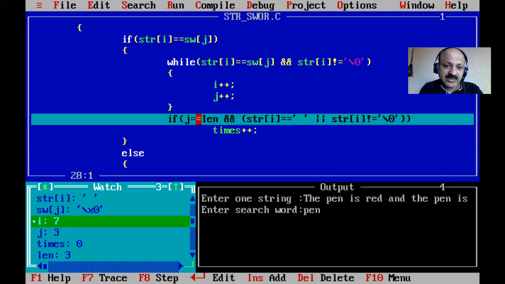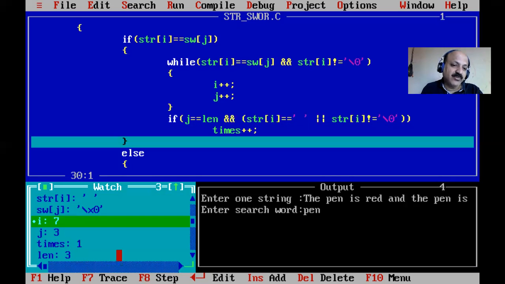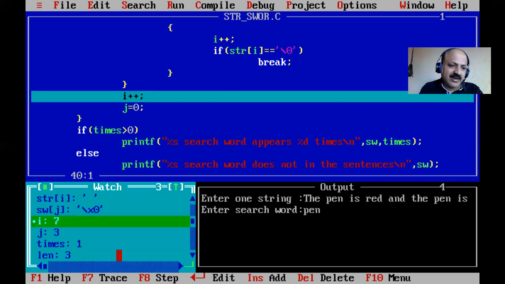So again here, yes, j or length is 3. Yes, look, our search length is 3 and j is equal. So the if condition is true, str is a blank. Yes, here blank. Only one if here with the logical or operator. So here and, so that is true, and if any one of these is true, that is times 0. Now that is one more match, so times plus plus, so that is one: first pan is searched, that is complete. And now the if condition is true, so it does not go in else, and then i plus plus